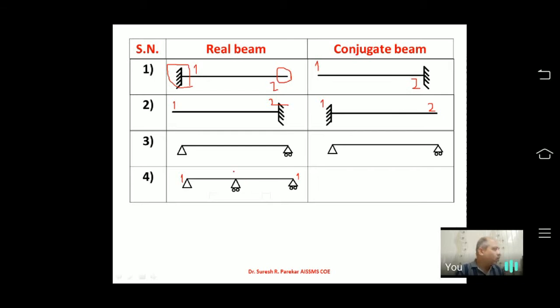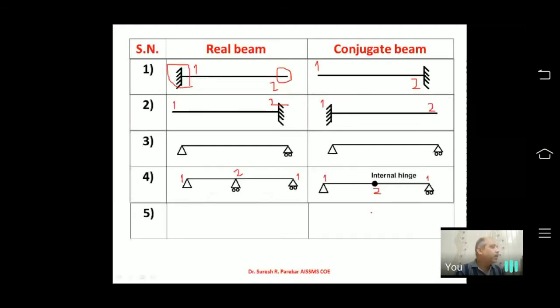But if you go to the roller, the roller here is a continuous support. Now this is not a roller support at the end. This roller becomes an internal hinge. You can see 1 will be as it is, 1 will be as it is. But this second one, which is your continuous support, becomes your internal hinge. Now if you go to the third, this simple support again remains as it is. If we mark it as 1, 1 remains as it is. But now this will be an internal hinge, and here it becomes a continuous support.